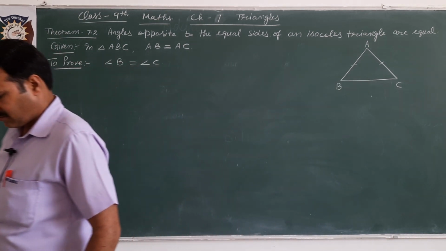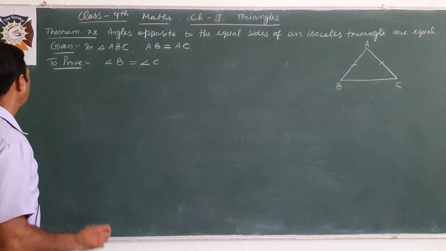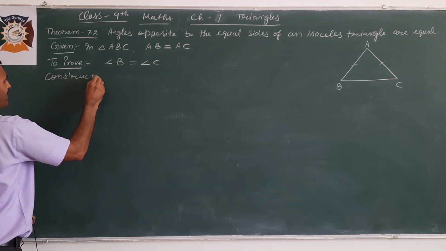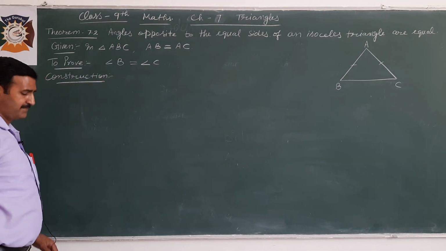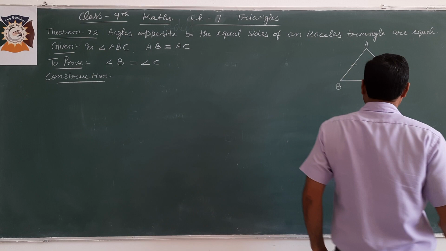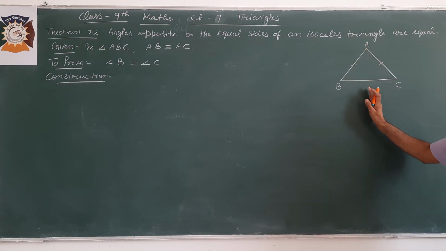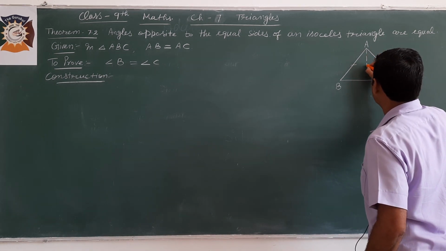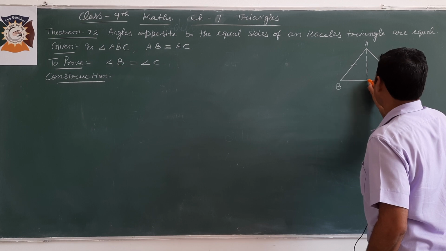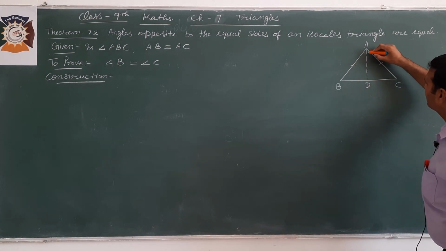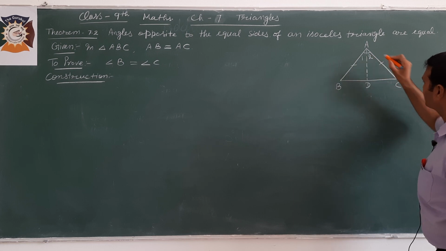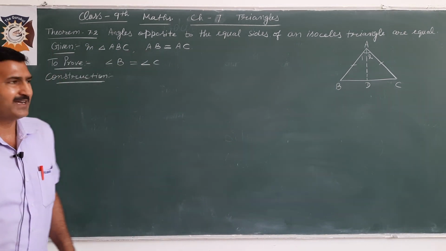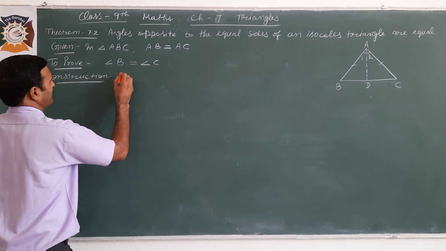Without construction it is not possible to prove the angles equal, so I'll make construction in this. And what is the construction? We can construct either the perpendicular or the bisector of angle A. Suppose AD is the bisector of angle A, that means angle 1 is equal to angle 2 if AD is the bisector. So I will write in the construction, draw